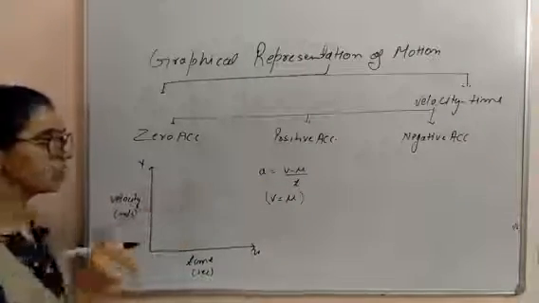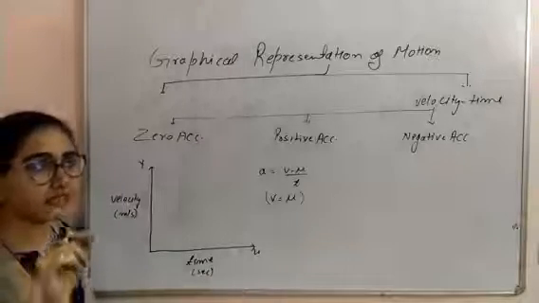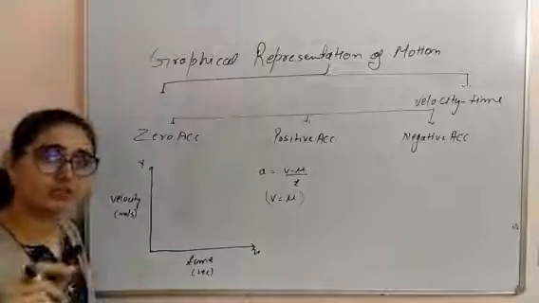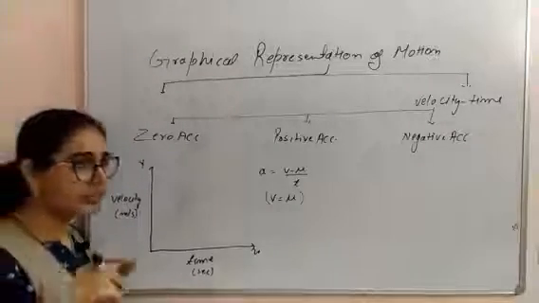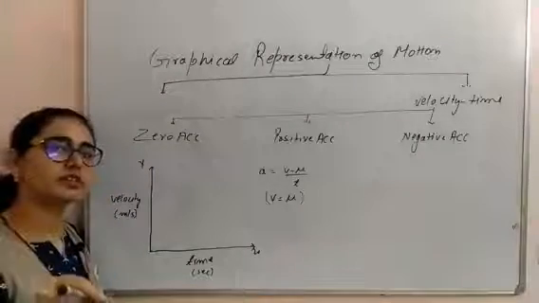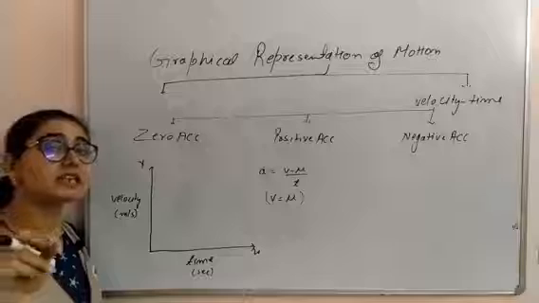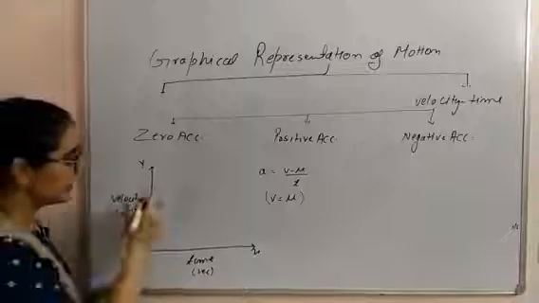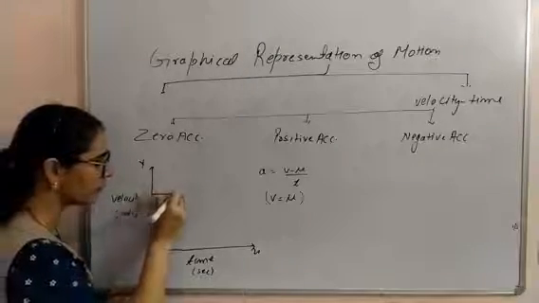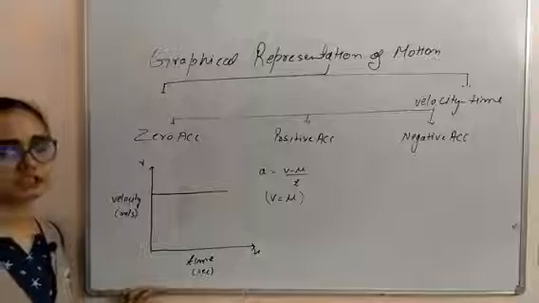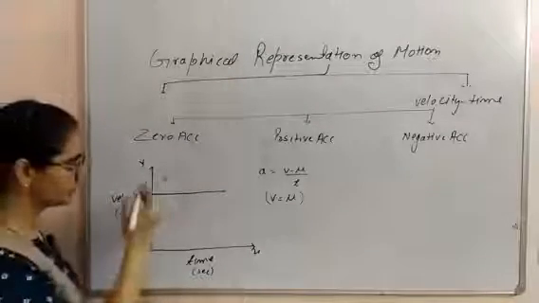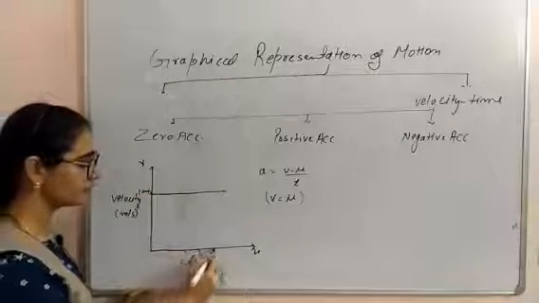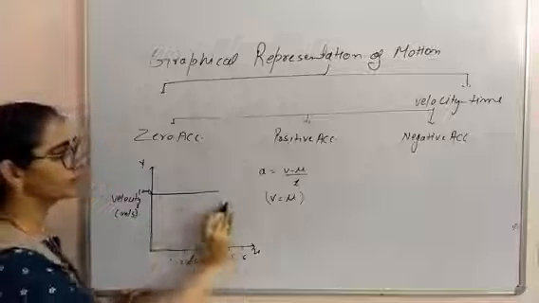So we are saying that the object is moving with constant velocity from the time we have started observing it. We are not saying that we have started observing the object while the object was in rest and then it started moving. There is complete possibility that we have started observing the object while the object is still in motion, and with the passing of time, the velocity of the object didn't change. Suppose the object was moving with 10 meter per second, and with the increase in time, there was no change in velocity of the object.